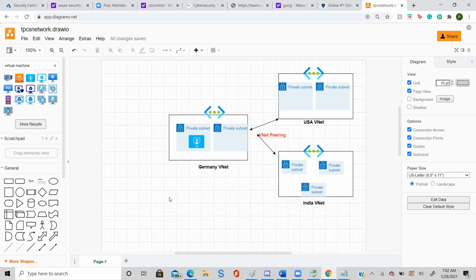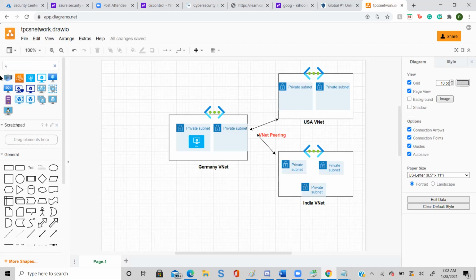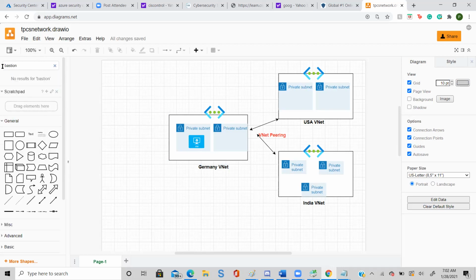Correct. So for that, there is another kind of subnet available in almost every cloud platform. That subnet is called the Bastion subnet. Heard this name?